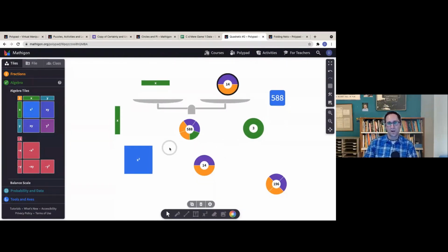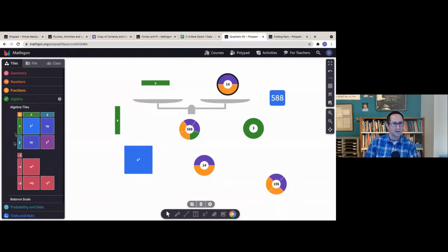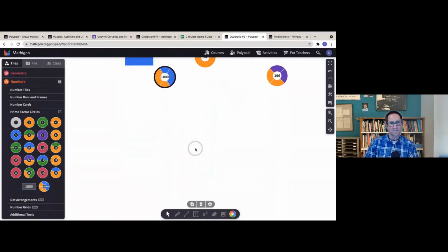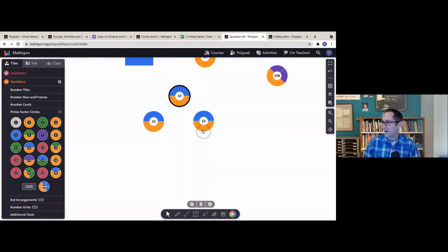Another great use of the prime factor circle is just talking about what makes a square number, right? How can you tell from a number here, if I put 1,000 out here, is 1,000 a square number? Some students might think it's a square number. Can you split them into 2 equal piles? Right, we can do a 2 and a 2 and a 5 and a 5. Oh, but there's this one I can't. It's a cube number, we know, but it shows us nicely it's not a square number. So that's super cool. I'm going to keep going because I only have 10 minutes left and I have other things that I want to share.